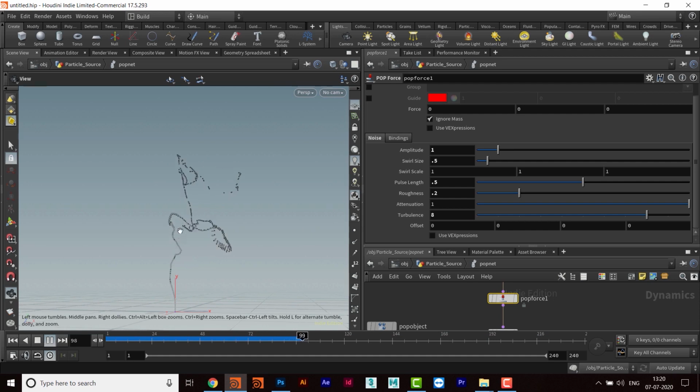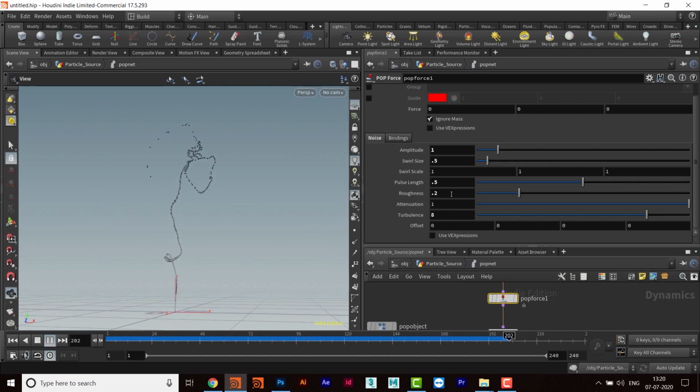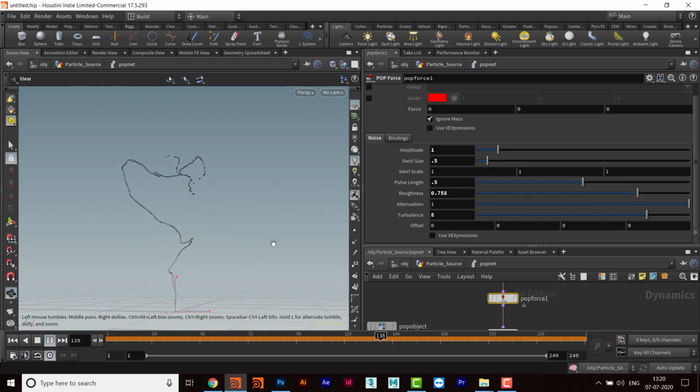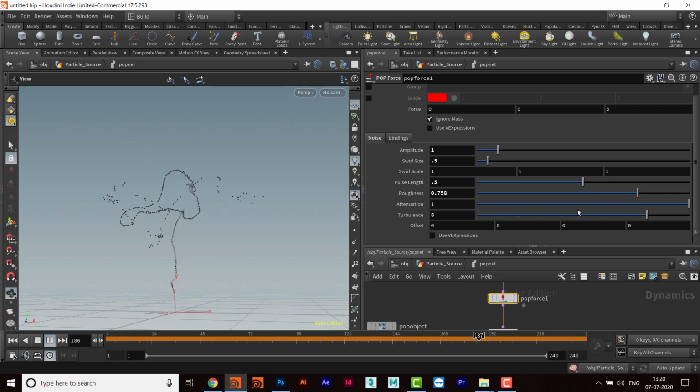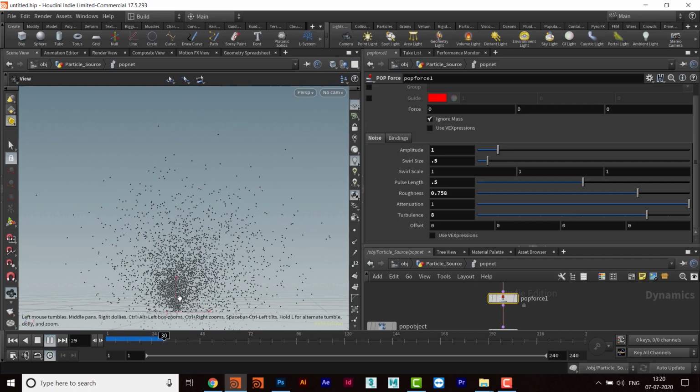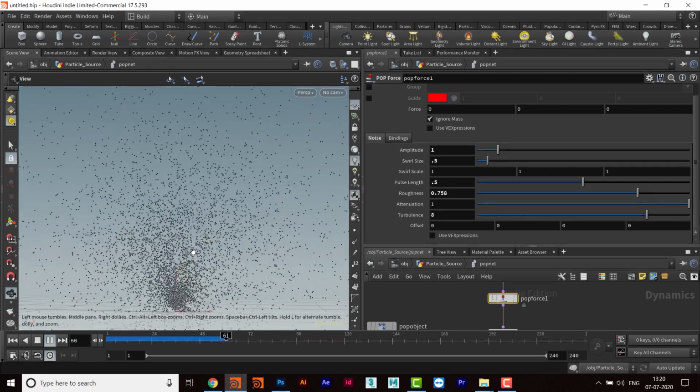Okay, and if I want these particles to go apart, then we can increase this roughness value here. Yeah, so now that is happening.